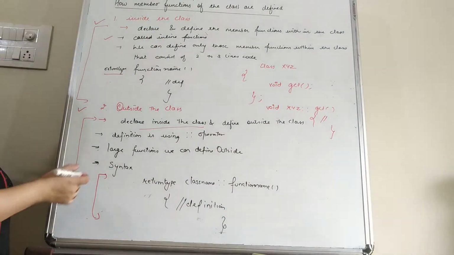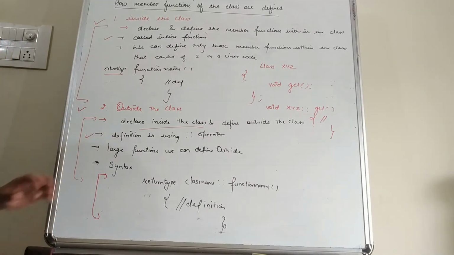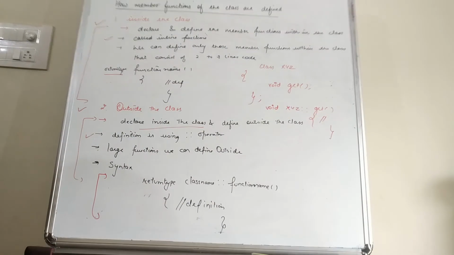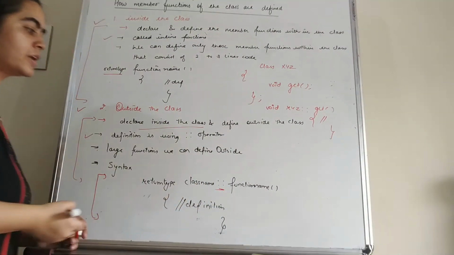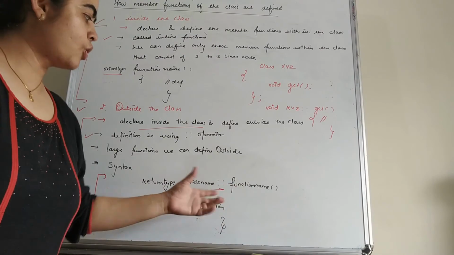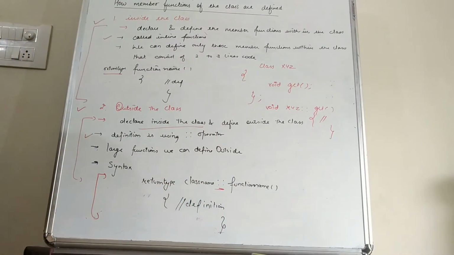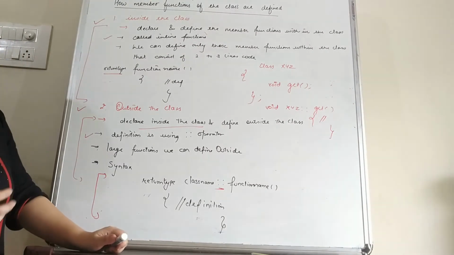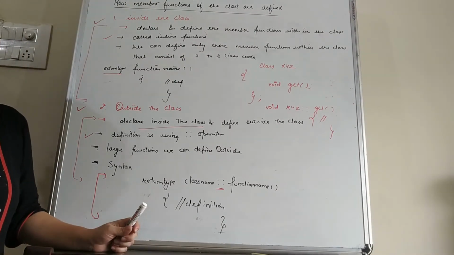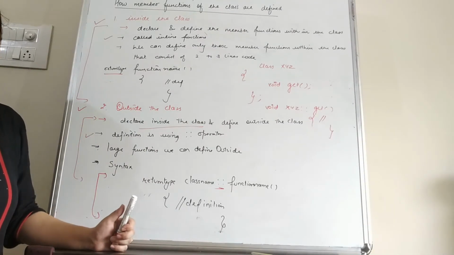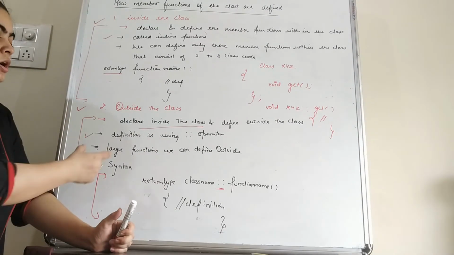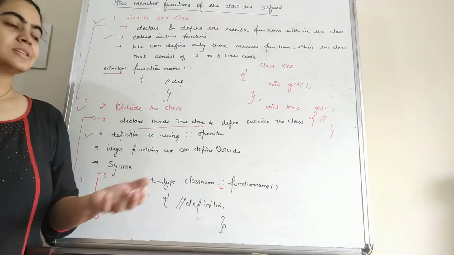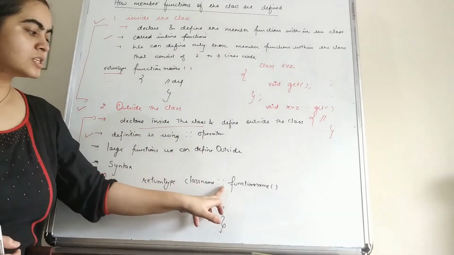So students, next, the definition is using the scope resolution operator, or this operator is also known as the membership operator. The membership operator tells that this function belongs to this class only, because in a single program we have multiple classes and there are chances that the function name in a number of classes is the same. So how can we distinguish whether that function belongs to the student class or some other class? In order to distinguish the class related to the function, we have to use this membership operator.